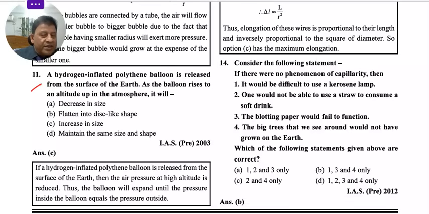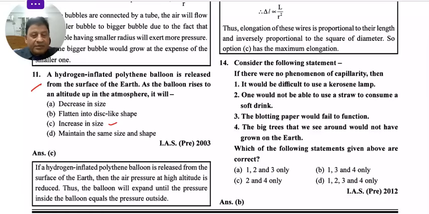A hydrogen inflated polythene balloon is released from the surface of the earth. As the balloon rises in altitude up in the atmosphere, it will: decrease in size, no; flatten into disc-like shape, no; increase in size; maintain the same size and shape, no. The right response is